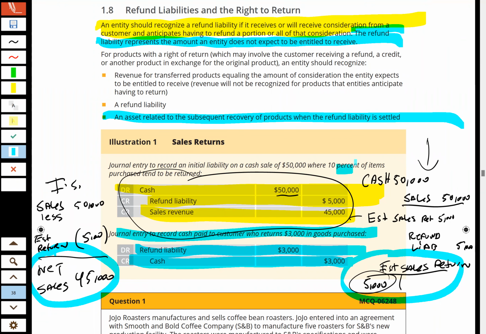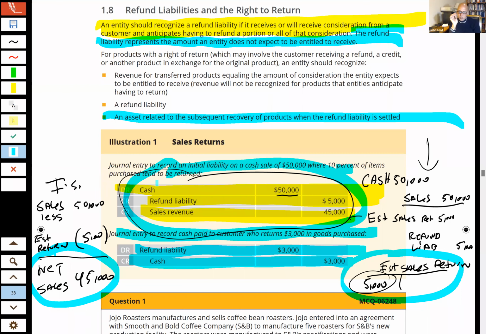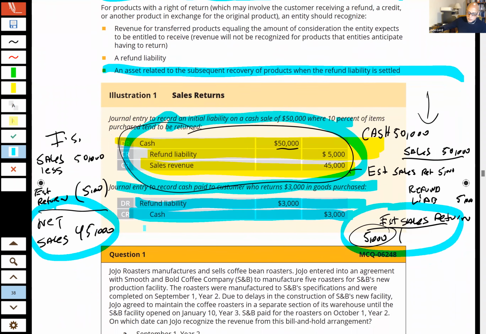Yeah, I still agree with you. Do it this way and you still have the same thing. That's a good point. And I guess you'd use the refund liability account as your way of estimating. You had additional sales. And so you've estimated that the amount that needs to be put in for any given year based on an analysis of the refund liability, and that would be your credit to refund liability, right? Yeah. Okay. Okay. Yeah, that's a good point.